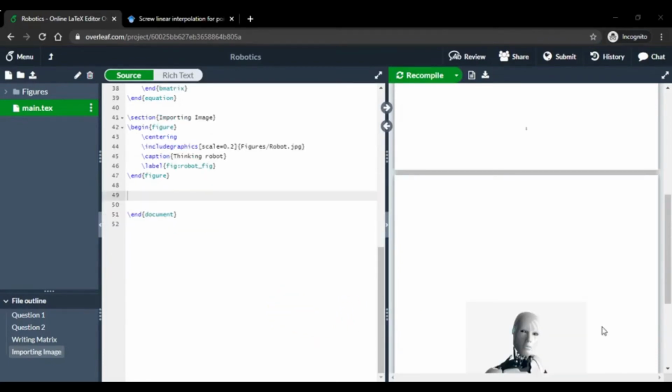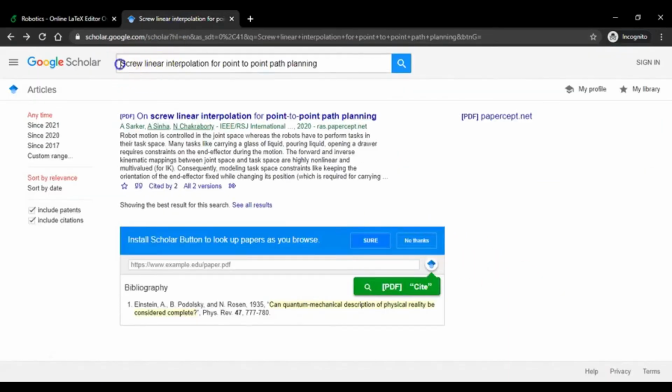We'll see how to cite one paper or how to cite some other document that is available online. You know the author of that document, you know where the document was published, and you have used that document for your project and you want to cite it in the documentation that you are preparing. So suppose you are using a paper titled Skew Linear Interpolation for Point-to-Point Path Planning, and then what you do is you type that paper title